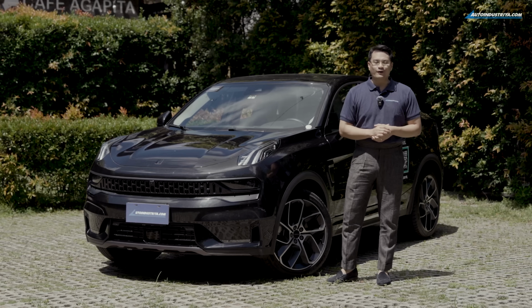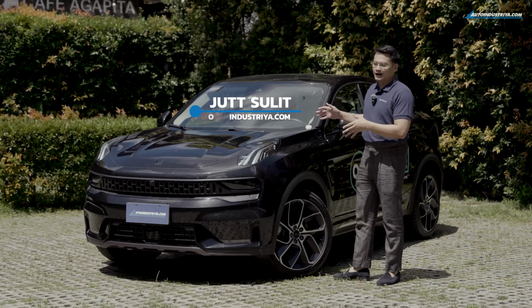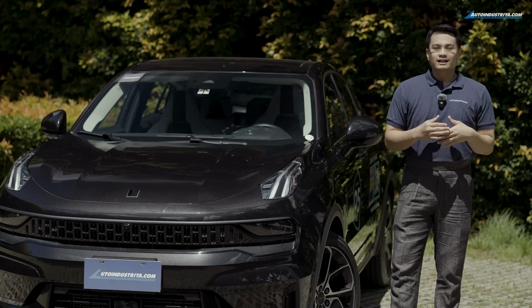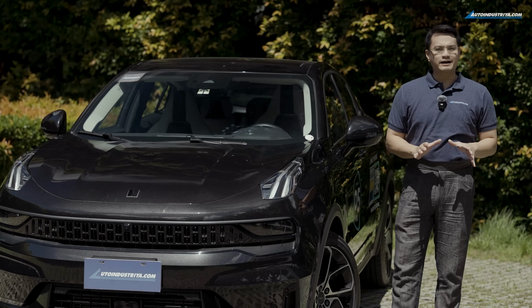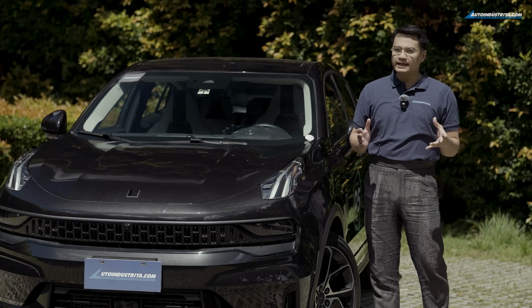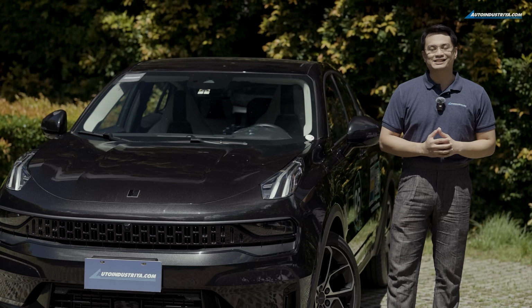Hi everyone, Jutt here for AutoIndustriya, and today allow me to show you around this new car, the 05 Hyper Halo all-wheel drive from Lynk Co. Lynk Co is a relatively new brand, not just in the Philippines, but in the world. It's built as the more upscale automotive marquee of the Geely Group, and it aims to satisfy the discerning preferences